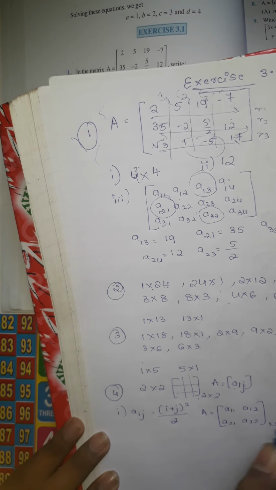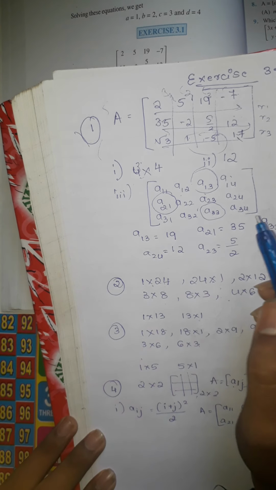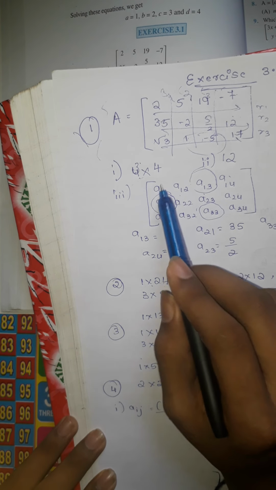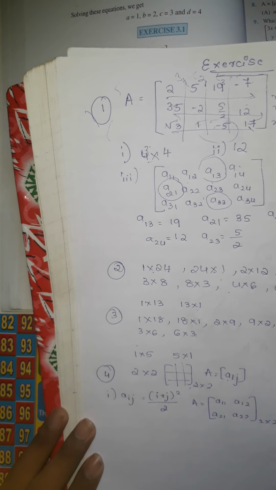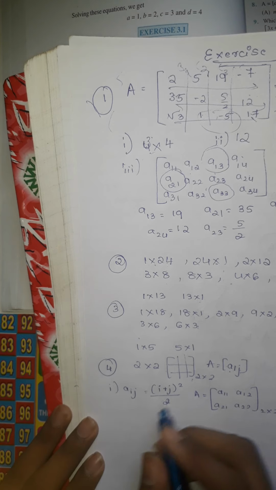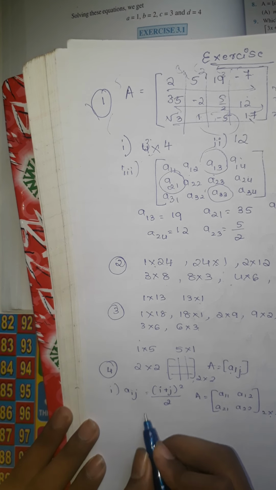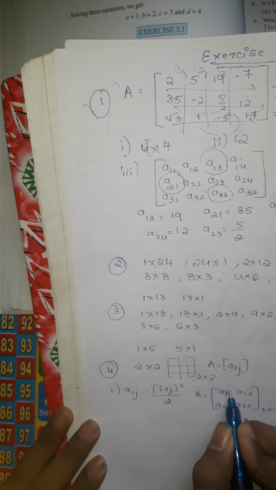So this is a 2 × 2 matrix having 2 rows and 2 columns. And if you want a 3 × 4 matrix A, it has 4 columns and 3 rows. This is the general structure you must know to write. If you don't know the representation, watch my first video. So this is the general structure. Here i and j are given, so here i is 1, j is 1.